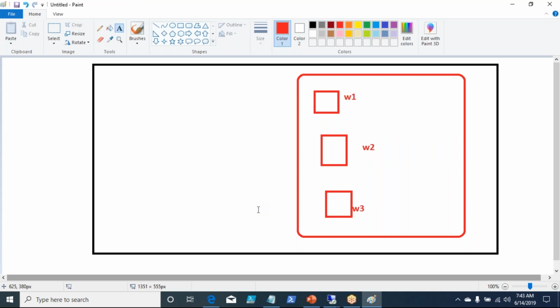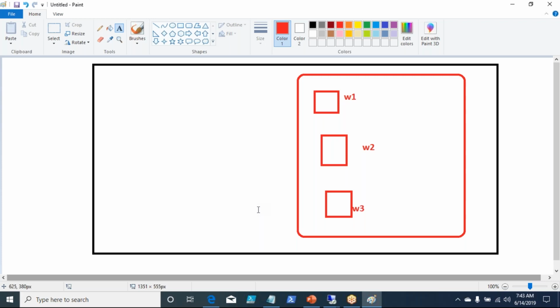For users to access this, they can directly access individual web servers by using individual URLs, or you can go with a common URL which binds all these three web servers, right? There will be a common URL or common IP address which binds these three web servers, right?